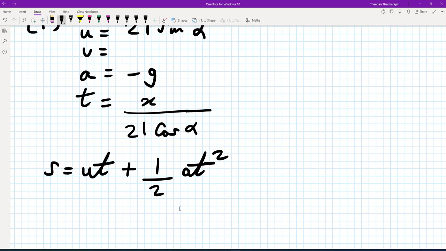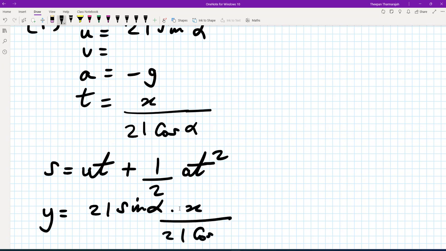So in our case, y is going to be 21 sine alpha times x over 21 cos alpha minus g over 2 times, we've got to square t, so it's going to be x squared over 21 squared